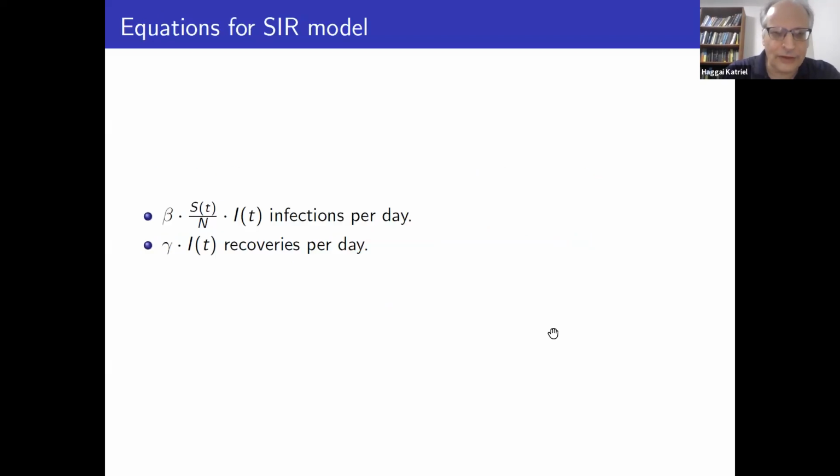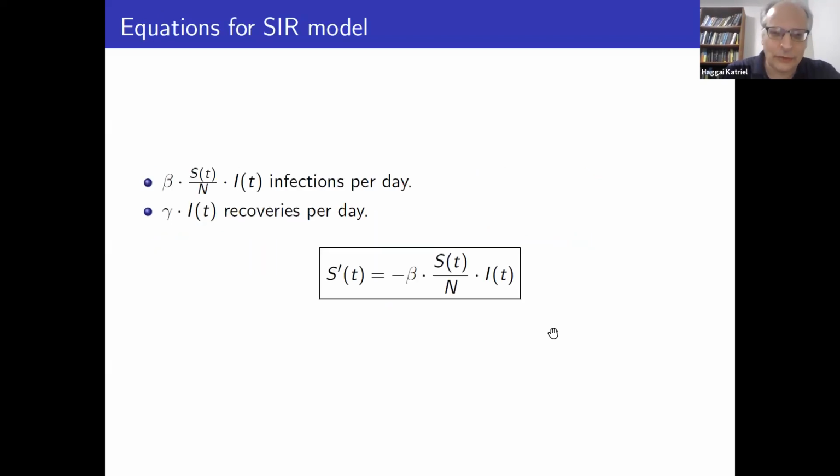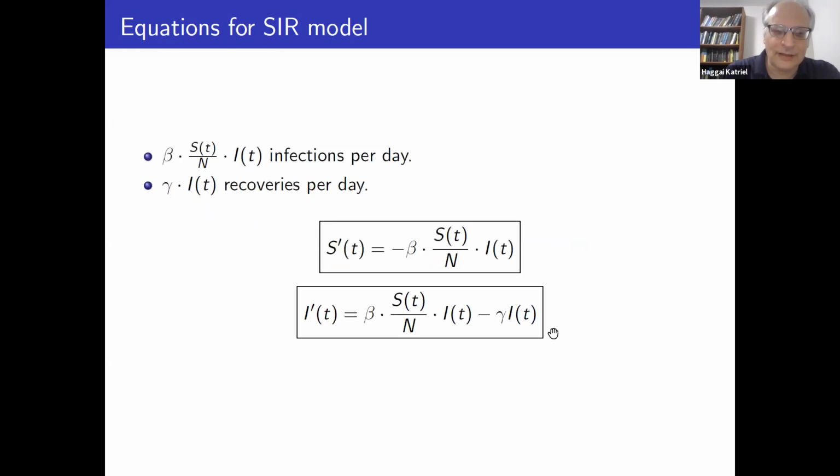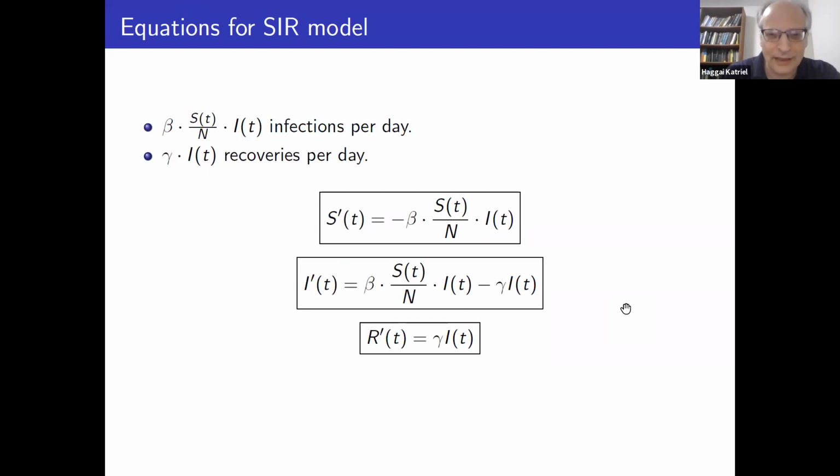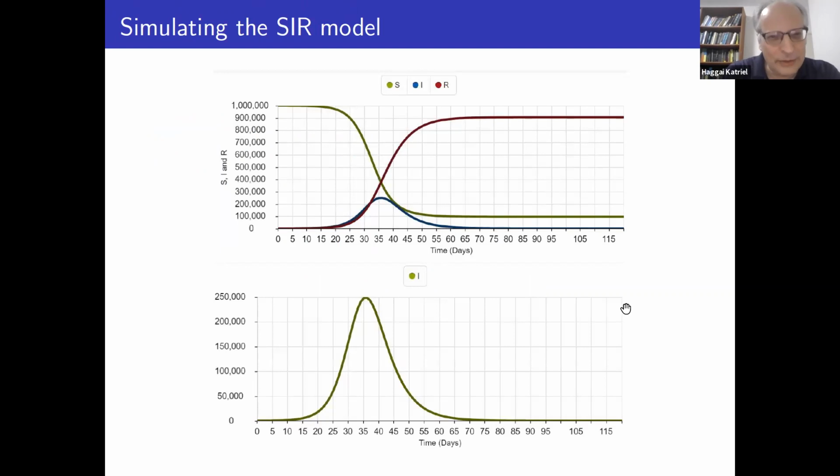So we have the infections, we have the recoveries. So we can write the differential equations for the change in the number of susceptibles by infections, the rate of change in the number of infected by infections and recoveries, and the change in the number of recovered. And we have the model, we can simulate it. Even this model, we can't exactly solve in closed form as a function of t, but we can simulate it and generate epidemics.